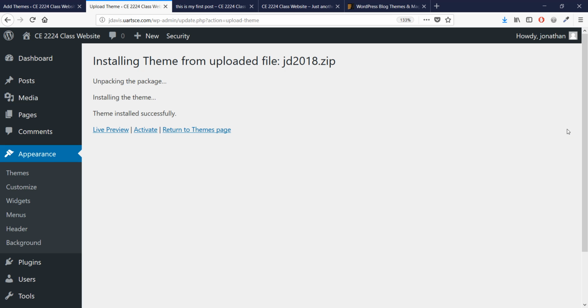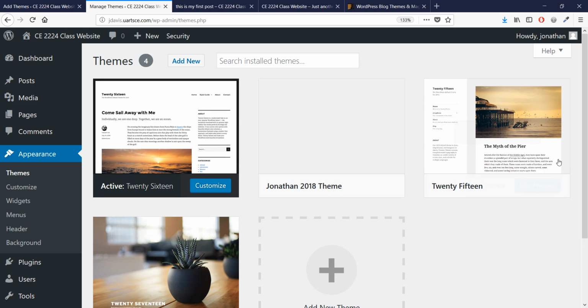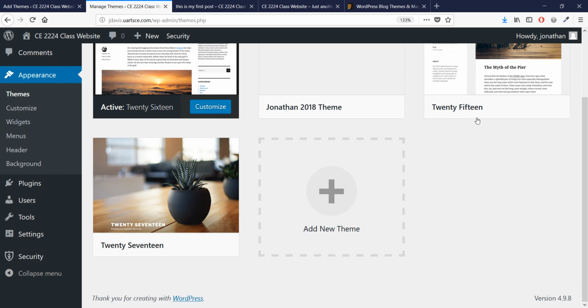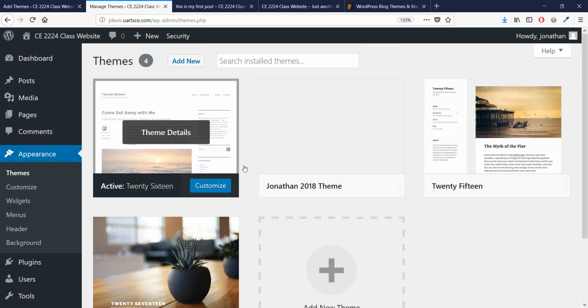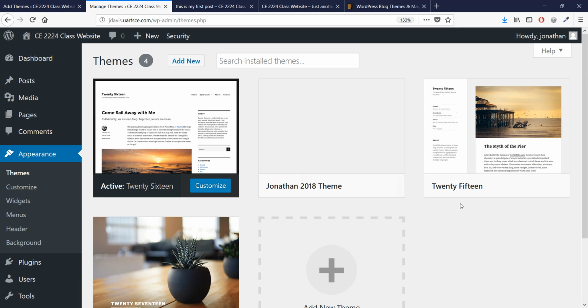So, if we go through that, we install the theme, it's going to, hopefully, all of this go through correctly. It might have an error here, which means you might have to try something again depending on what the error actually is. Now from here I can go ahead and activate, but let's not do that quite yet. I'm going to go to Return to Themes page. And now, in addition to the 2017, in addition to 2016, 2015, I now see a theme here that says Jonathan 2018 theme. If you remember from the underscore S,